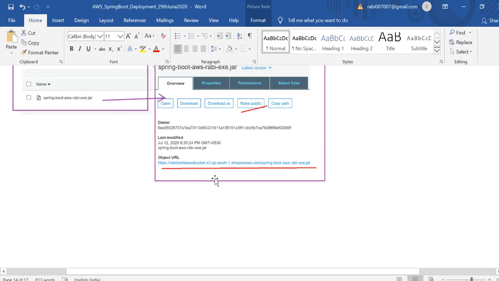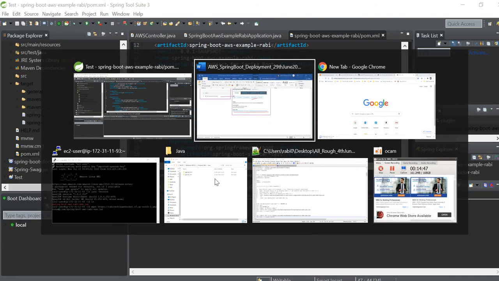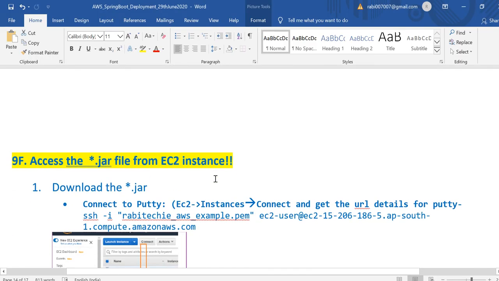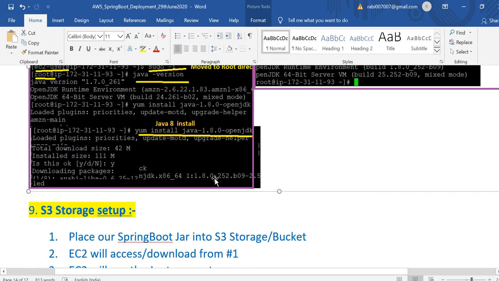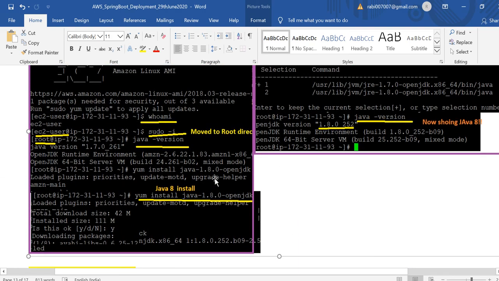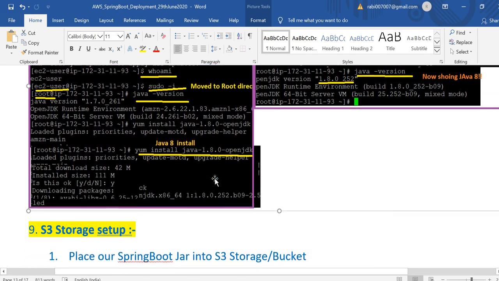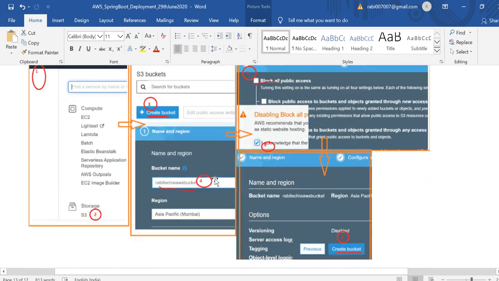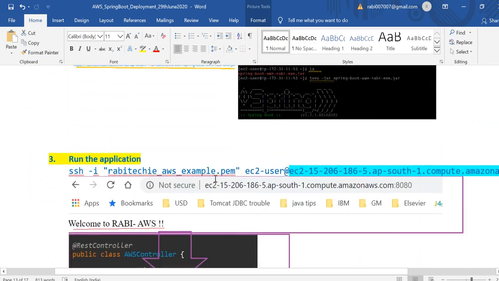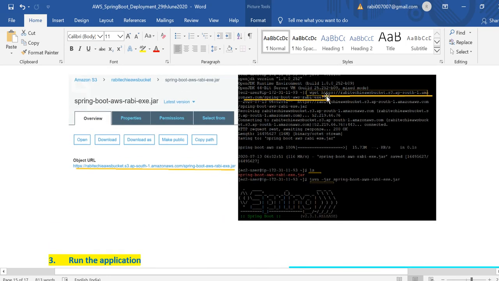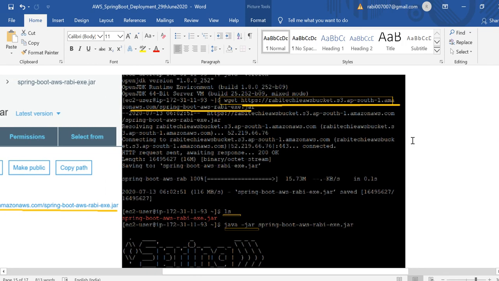Similarly, if you give that URL to wget, you can directly download it. So what I have done is wget, and you can download it.